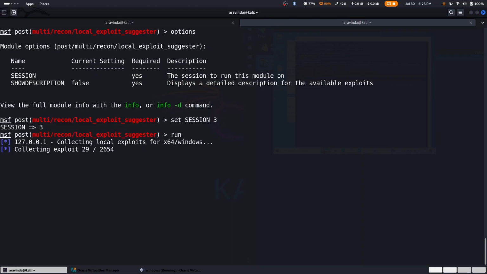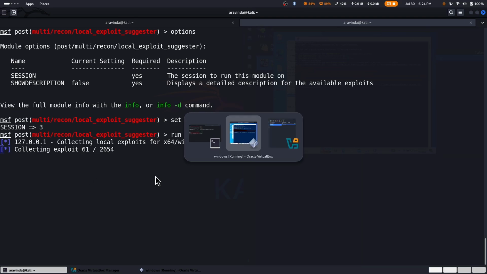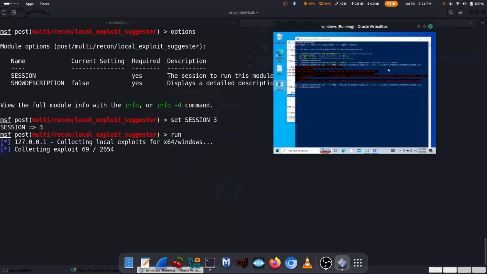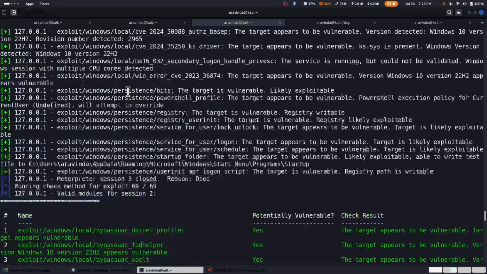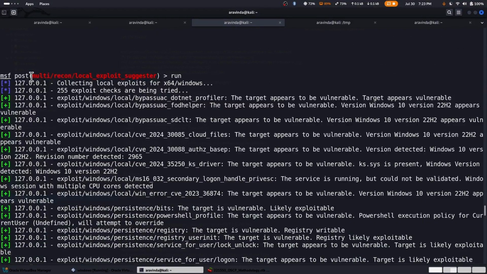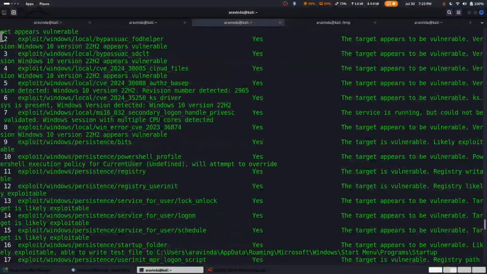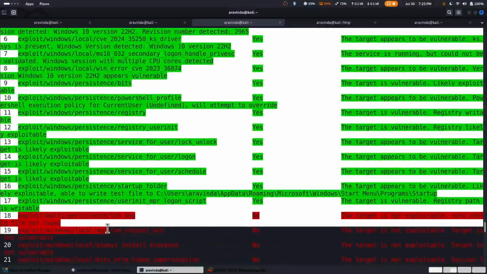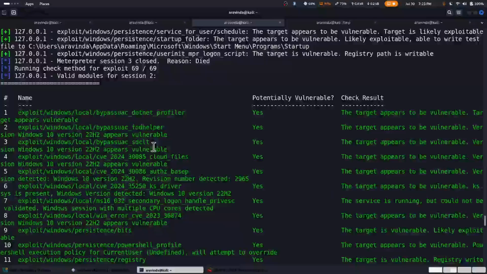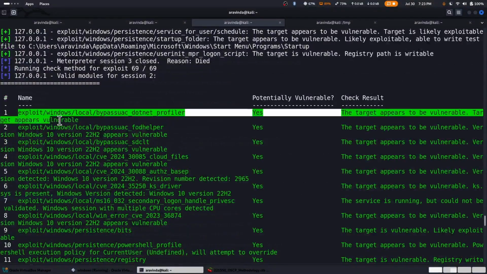I'll be back when this will be completed. So I'm back, and local exploit suggester has completed running, and these are the potential vulnerabilities which exist for